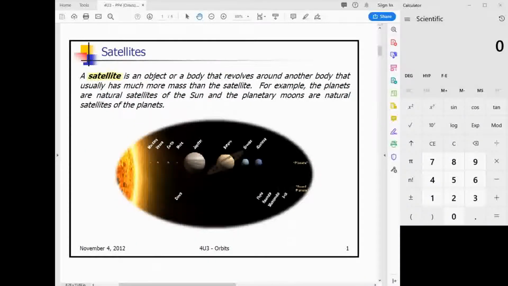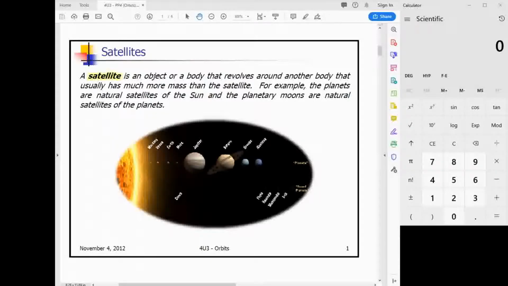And the first thing we have to do in order to talk about orbits is to understand what a satellite is. Now, you've probably heard the term satellite, and you think of a kind of like a technological device that orbits around the Earth. But a satellite is really any body that orbits another body, that revolves around another body. We have natural satellites, like planets, moons, and stars, and we have